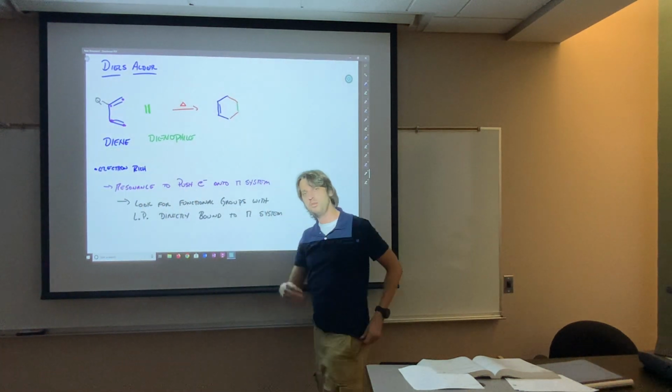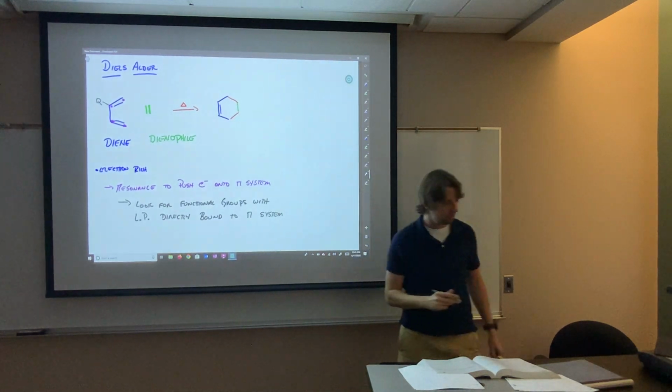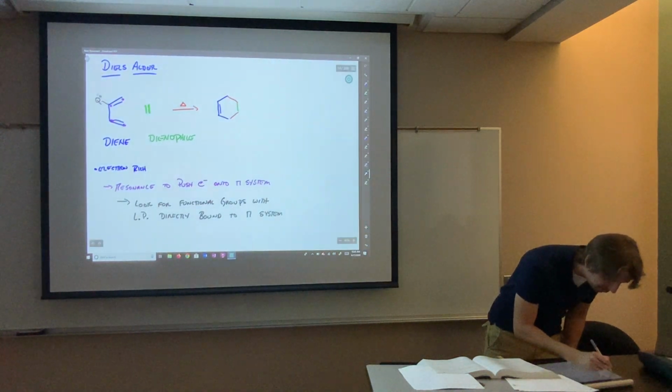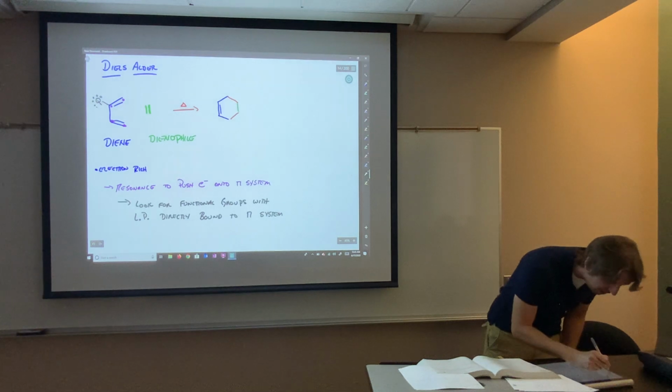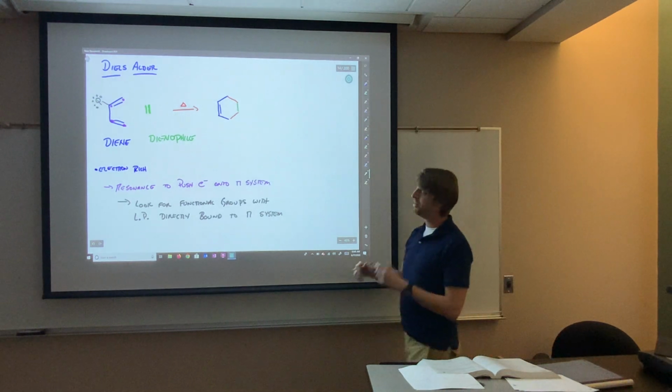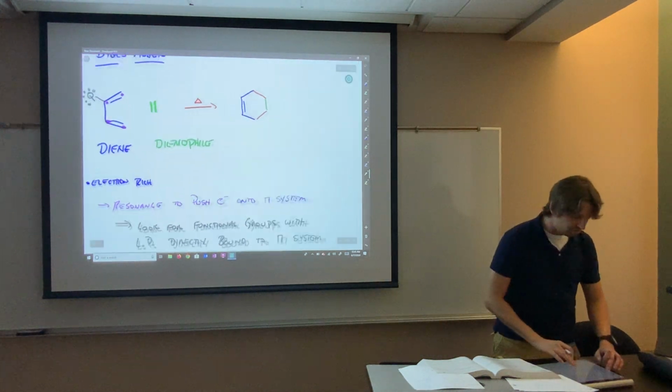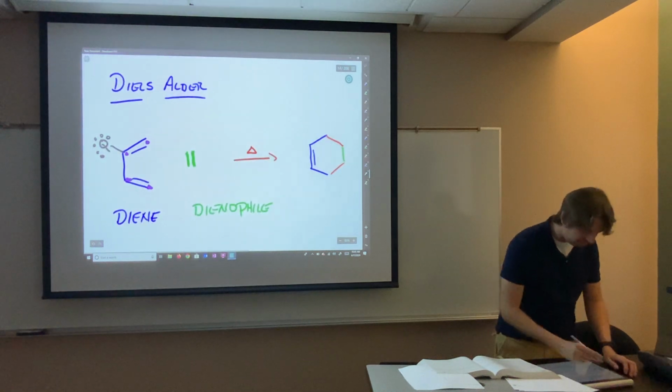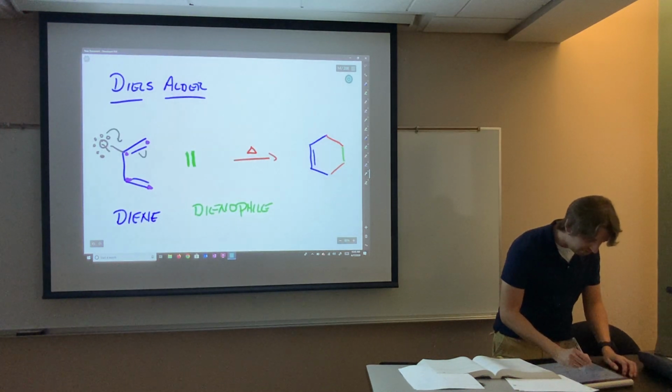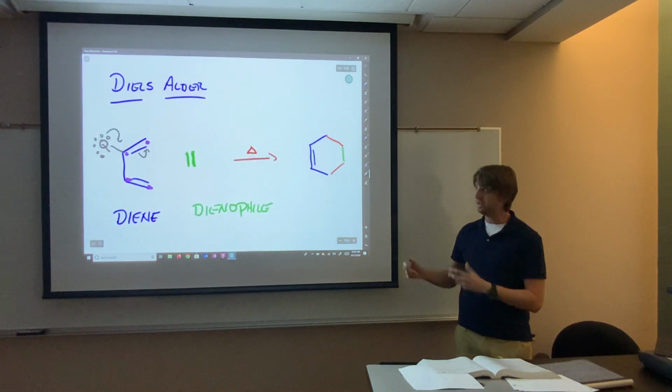So it is directly bound to my pi system, and it has lone pairs on it. So let me be explicit about this. Let's say we have some kind of lone pairs on my pi system. I can then start to draw resonance structures. Let me zoom in and move up here, right? For argument's sake, I could start to draw resonance structures like this,